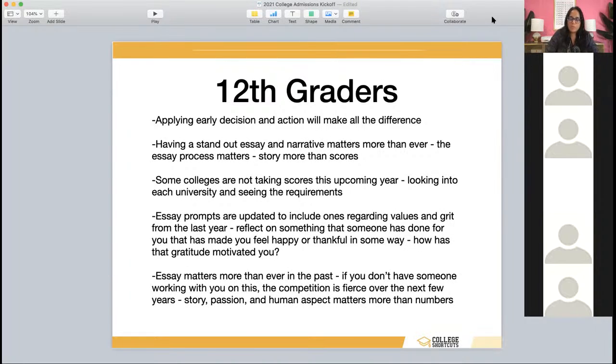It's not about your GPA. It's not about your SAT score. It's not about your extracurriculars. It's actually going to end up being, who are you actually? What do you stand for? And activism is very big right now. Community service, giving back. These values truly matter when it comes to admissions. And so showing that in the essay makes a big difference.